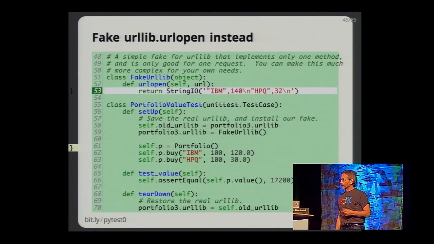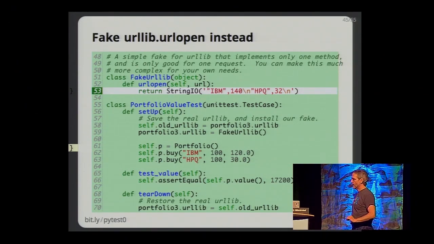Up here, this urllib is returning a file-like object, which returns exactly the CSV data that Yahoo would have returned. I know the details here. Don't worry about the details about the CSV and all that stuff. There's no way to keep up with me right now. Just keep in mind, the idea here is to make an object that works exactly like the component you don't want in your system anymore and put it in place so that the product code will actually call your code